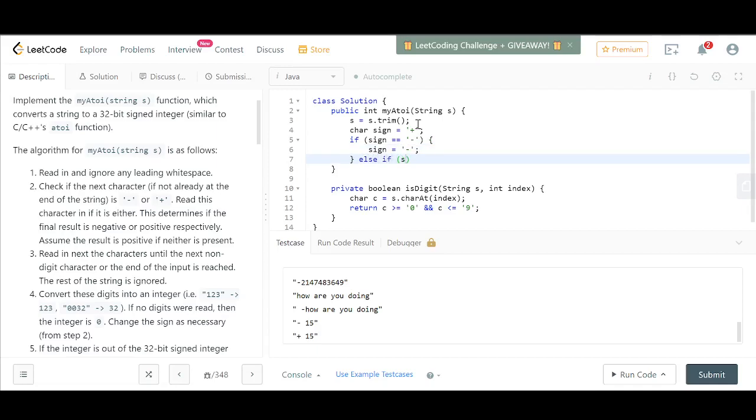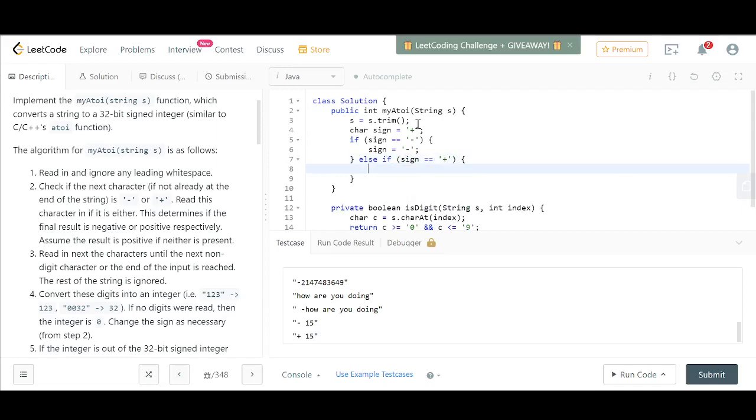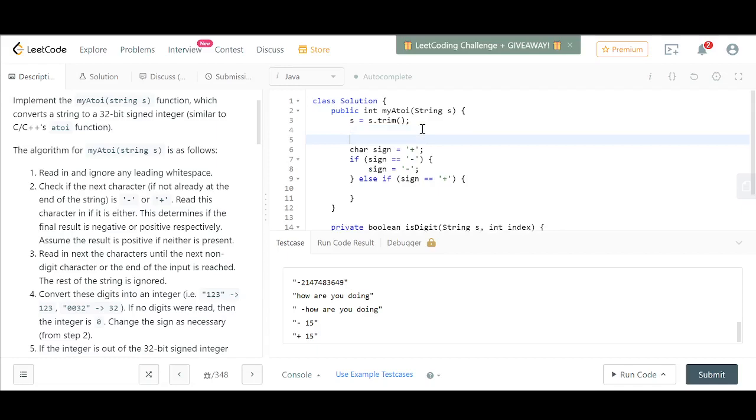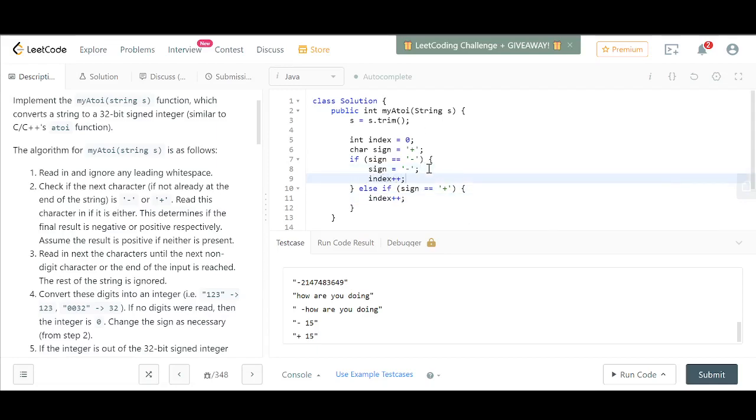Else if sign equals positive, we're going to increment our index. Let's create our index equals 0, which is the index within the trimmed string. So index plus plus here, index plus plus here, because we process the sign. And then anything else we're going to,